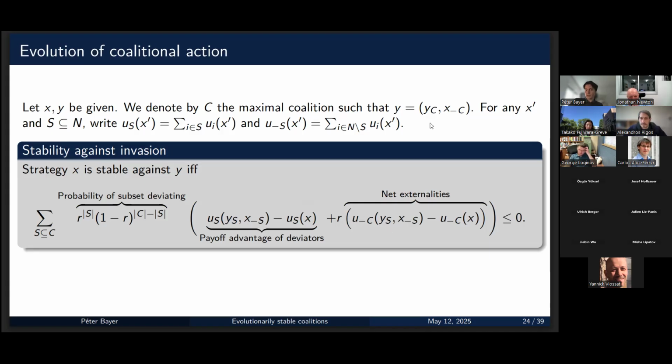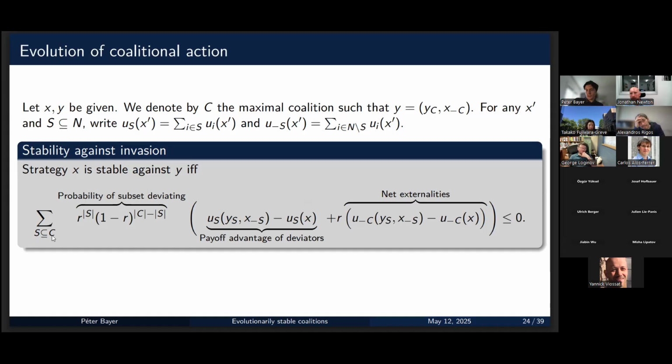These are the guys who are playing the same thing as in the resident strategy. The total payoffs of what happens to these guys if S deviates minus the original payoff. And I'm multiplying everything with R. Good. Okay, and then I'm taking this weighted sum for every possible subset